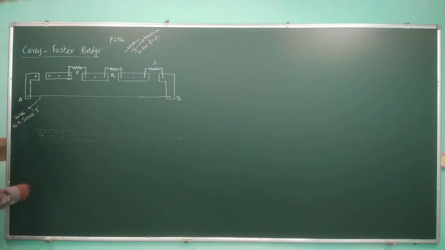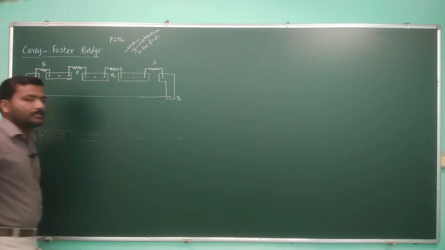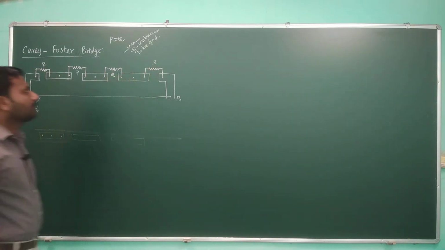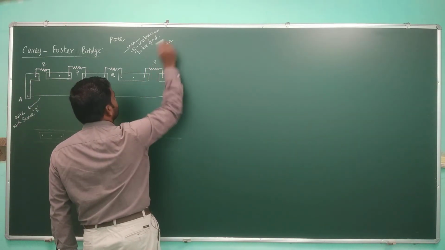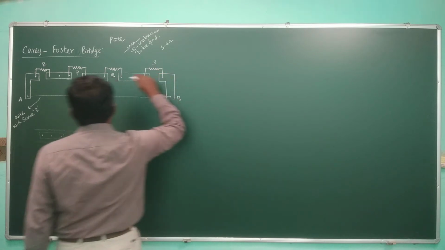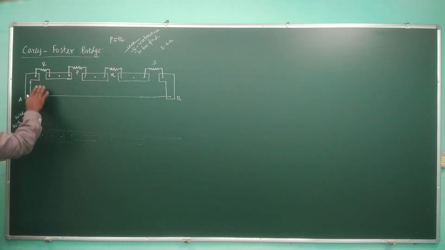Now, here we have to put another resistance whose order is equal to that of the unknown resistance. Which means if this unknown resistance falls in the range of 5 to 6 ohms, then we can connect a resistance of the same order, that is within 10 ohms. A 10 ohm resistor can be connected here. That is the idea.